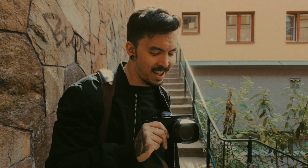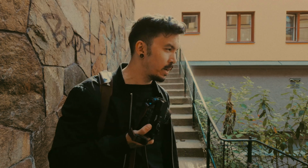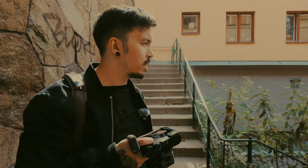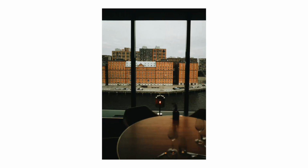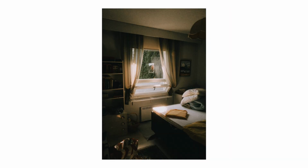Sure, using my Leica M cameras, I'm not really used to autofocus, but having this as an option is super helpful for me. Especially if I want to do any type of shooting around the house or just go on vacations. I actually went to Finland, only brought this camera, and shot a ton of great pictures just using